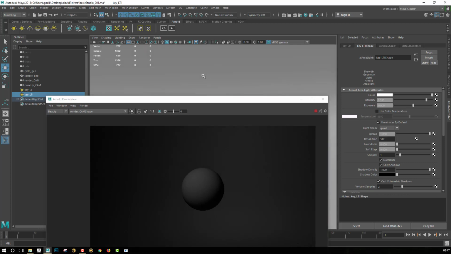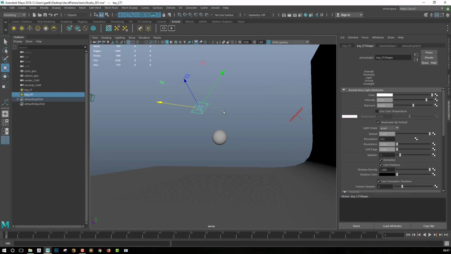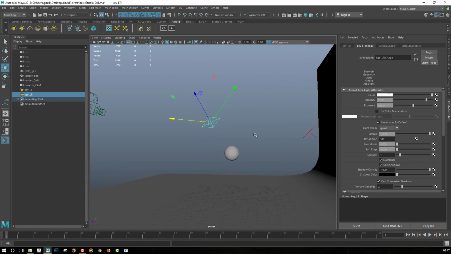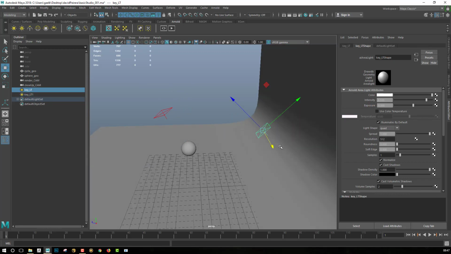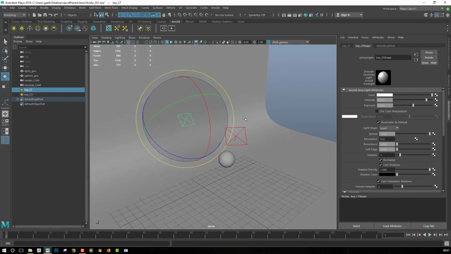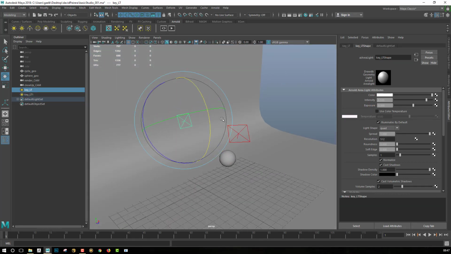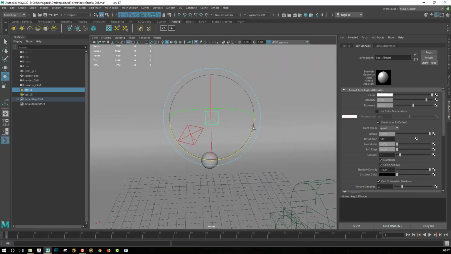So light it up a bit more, and I will go back into my perspective view just to be sure about how I'm positioning the different light in my scene. I want to have something that will probably match to what I could have in a real life environment. So I will put this light like this, a bit more like this, put it on the side, and adjust its direction like this.